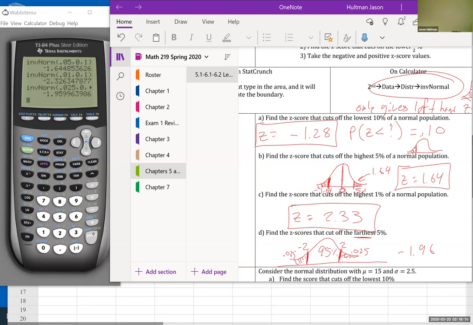Okay, so that's the lower z-score. Okay, so z, let me write this up here. Negative 1.96 is less than z, which